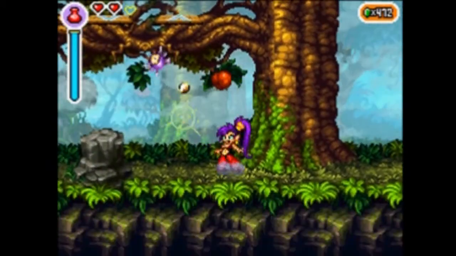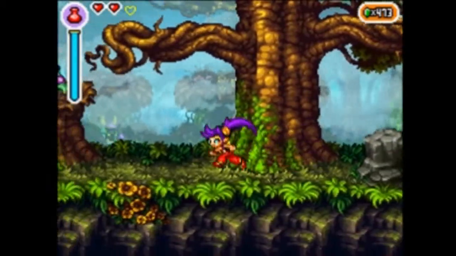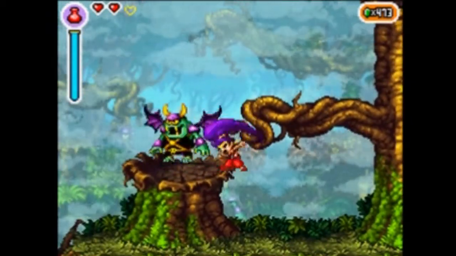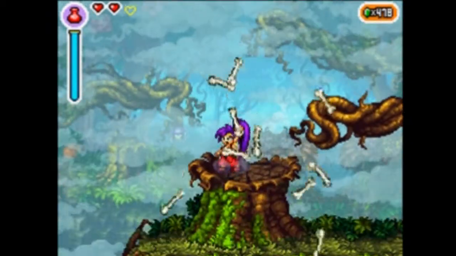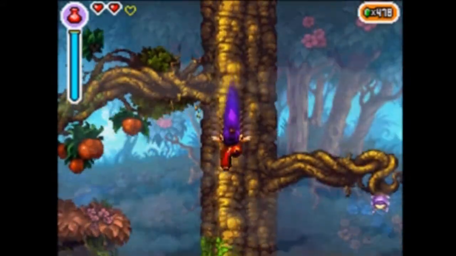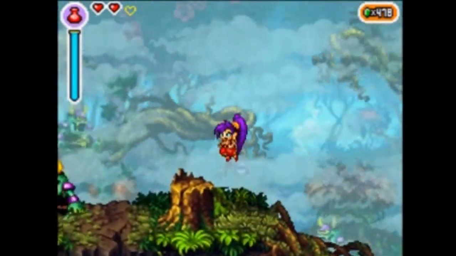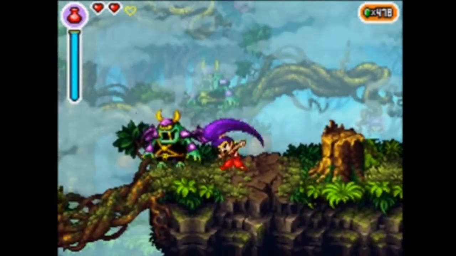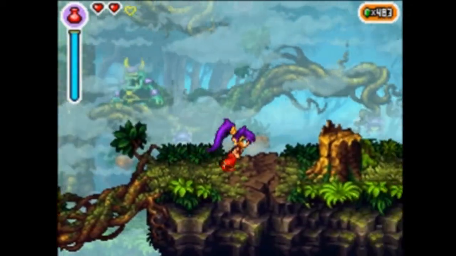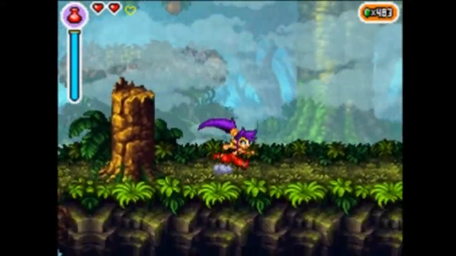Okay, that about covers all the secrets for the Tangled Forest area for now. So let's start making our way back towards Scuttletown. I'd like to see if I can bust one more goblin, though. Here's one. There we go. Okay. Now if we go in this direction,